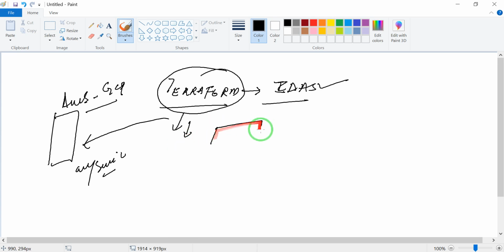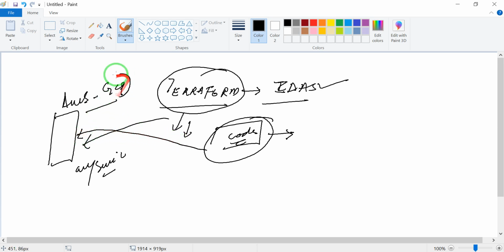You just write your code in the given Terraform form and push this code to your AWS or GCP account, and it will provision the same instances or any services you want. So it's a tool to provision any infrastructure.